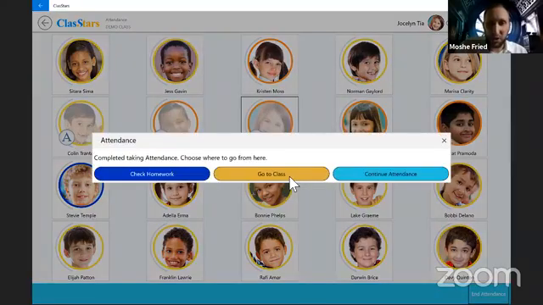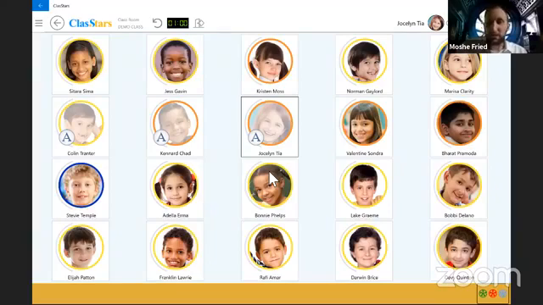Let's end attendance and go to class. We end attendance, we hit the go to class button, and now we're going to class. If you know a little bit about ClasStars, you know that there's a 2-day positive behavior meter that keeps the last 2 days of positive feedback. Everyone here is blank because we haven't been here in a couple of days. We'll put it on single swipe mode to keep it really simple, and I want to make sure that I'm engaging every single student in the classroom.